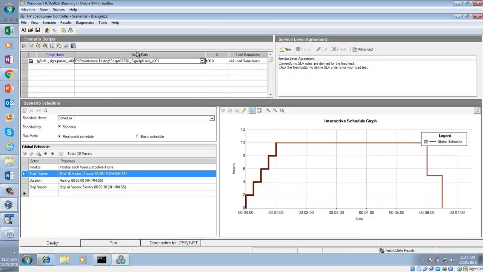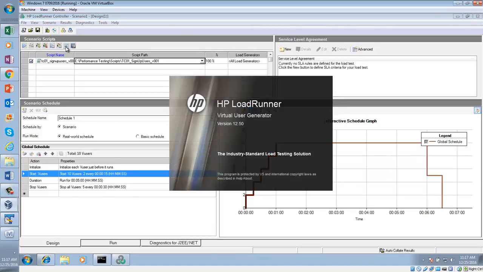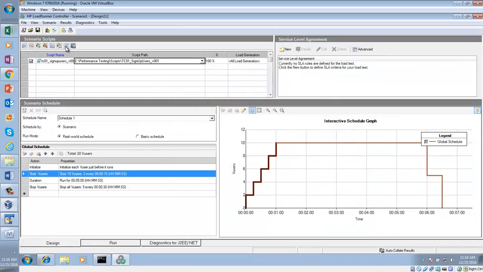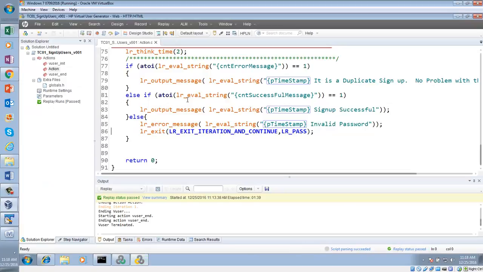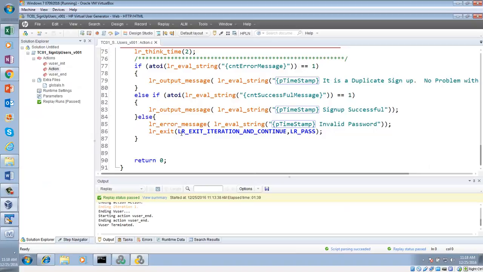Now if I want to open that script again, how will I do that? I will click on that script icon here, and then I want to make sure that the script that I am going to execute has the right code that I am looking for. Okay. Now can you see we have that exit here? So that means we are good. We are in the right script and I am going to close it.